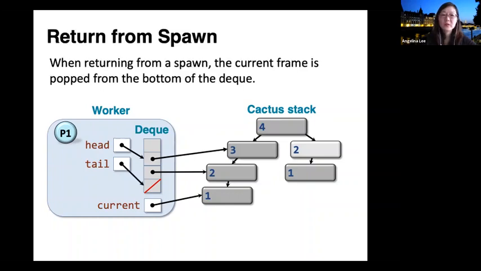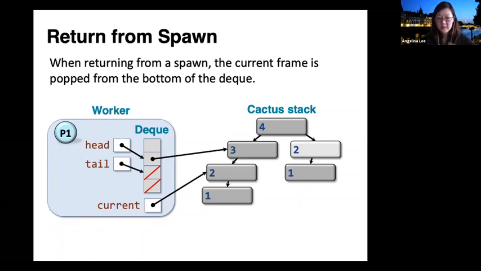Now, whenever we return from a spawn, what we do is that we pop off. So in this case, say worker 1 is about to return from fib of 1 back to its spawn function, which is fib of 2. It tries to pop off the deck, so that it pops off the spawn parent of its own deck.